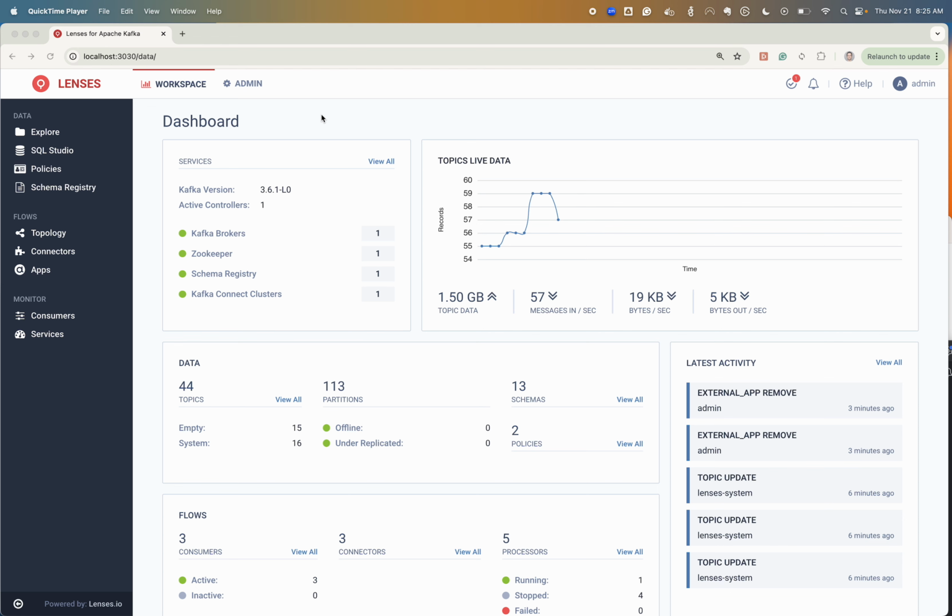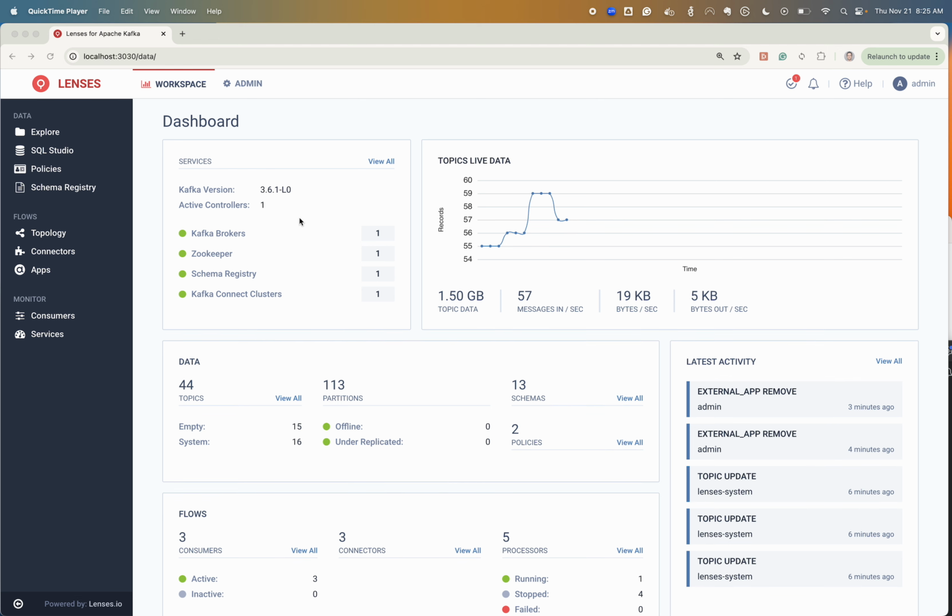Hello everyone. This video is about how to use Lenses. This version of Lenses is version 5, and this is how, as a user, a developer, you could benefit from the platform. First, when you log in, you will see this dashboard where you see that it's connected to Kafka